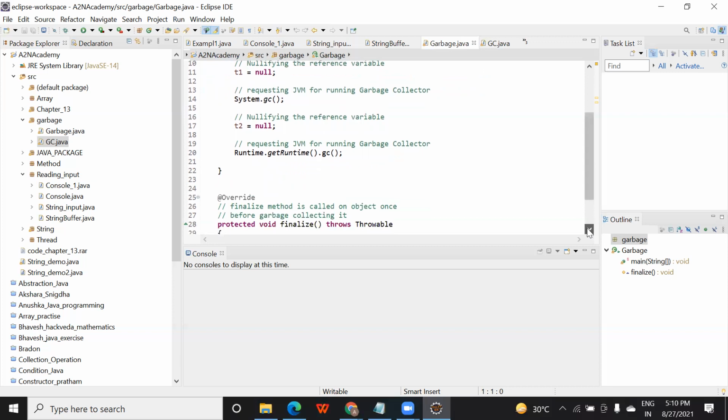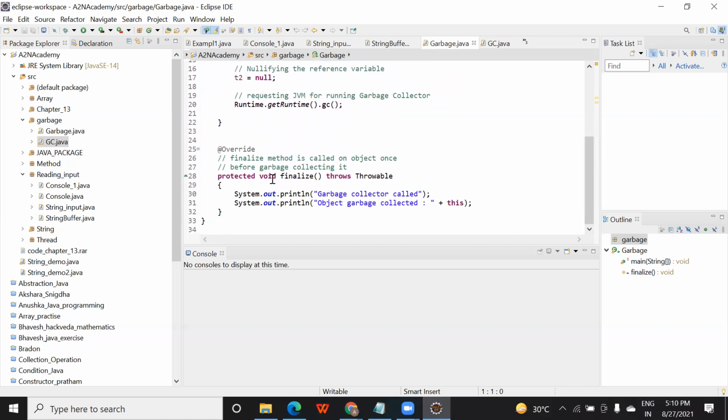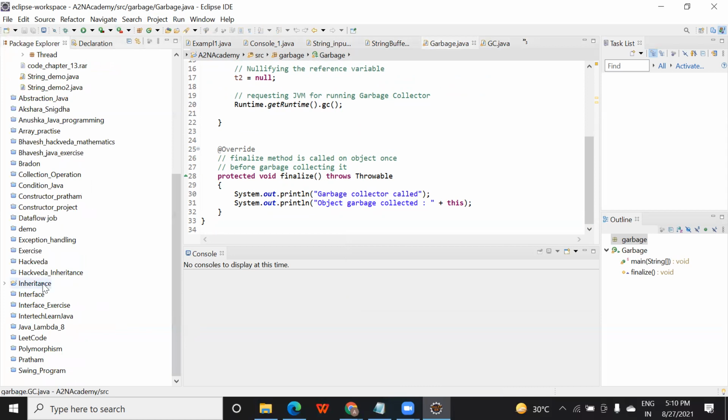So how do you do that? Here I call one function, protected void finalize() throws Throwable, and in that function, let me run this and show you.